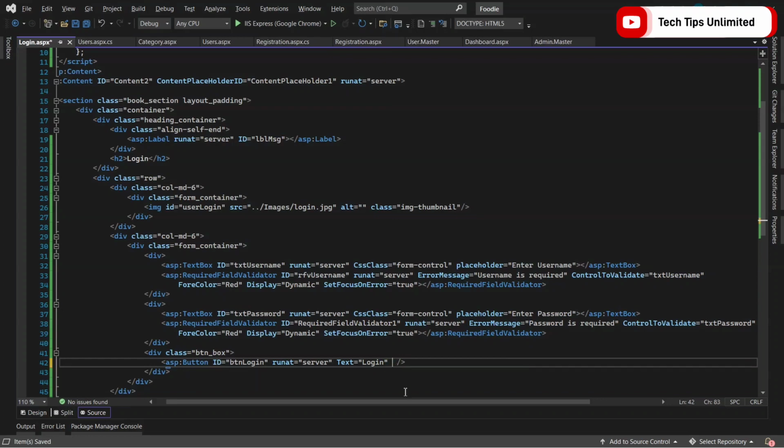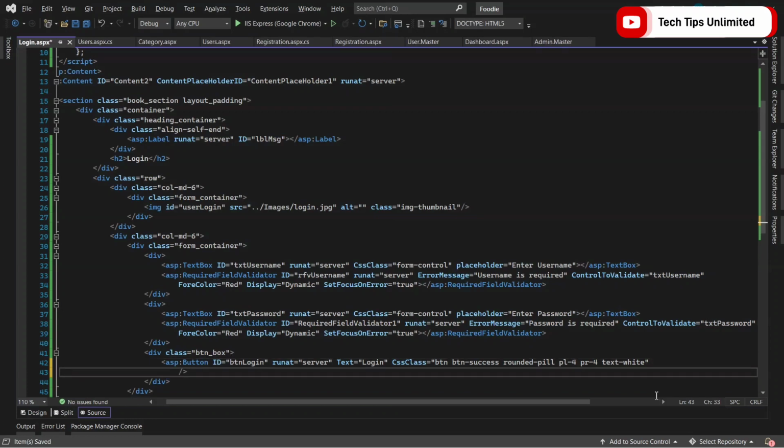Now here we'll take bootstrap class, that is btn success, rounded pill, padding left 4, padding right 4, and text in white color. And we're going to generate the on click event here. Enter. It will create our new event